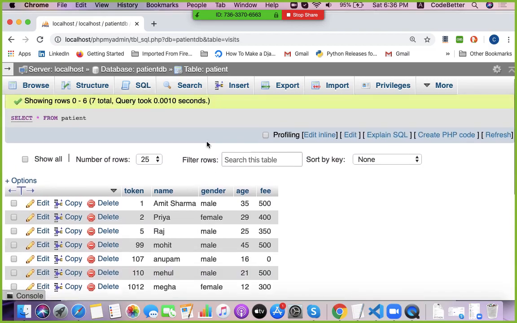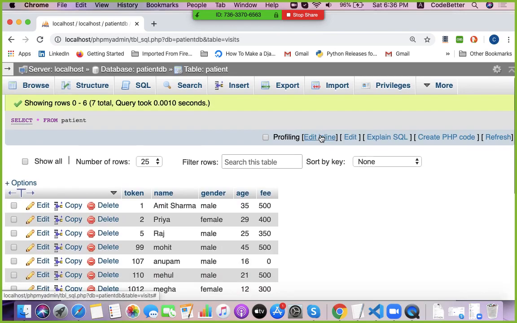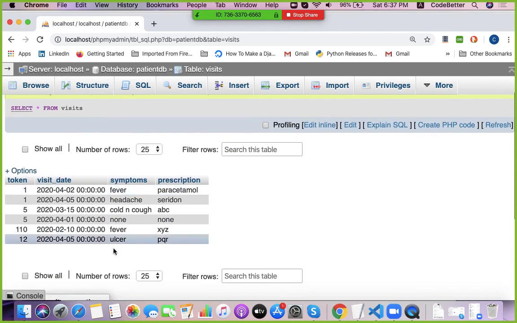Let me again show you the data of the visit table. The visit table contains a record for token number 12, which is not available actually. So the database should not allow entering a record whose token number doesn't exist in the patient table.